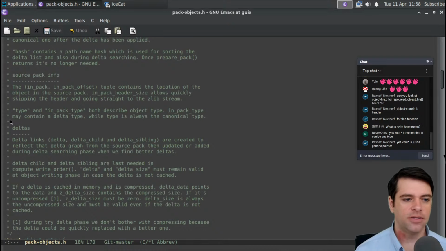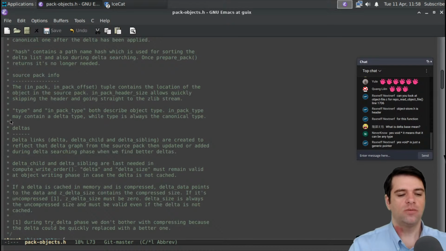Deltas. Delta links, delta child, and delta sibling are created to reflect that delta graph from the source pack, then updated or added during the delta searching phase when we find better deltas. We might find better deltas. So I guess we are like,